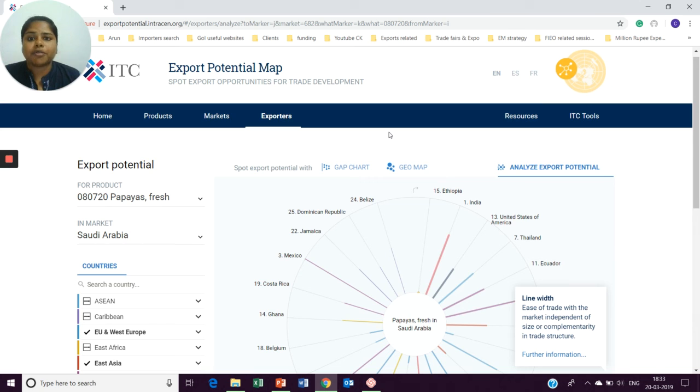If you find the information overwhelming, it is better not to confuse yourself, because there is a purpose why we use this data. The purpose of this course is to help you have a clear understanding of product selection, because most new exporters, or exporters who want to grow their business, find it a stumbling block when choosing a particular product.